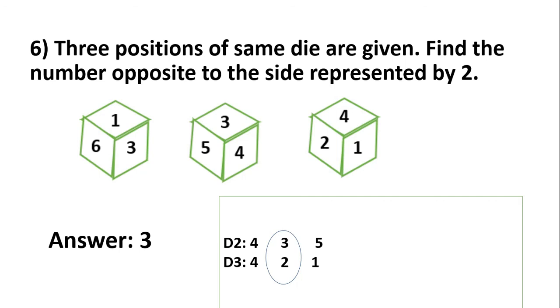So it is a general die because the first view, the sum of the two sides is 7. So find the common number, write it in 2 rows. I have taken, in this example, 4, 3, 5 from the second view, and 4, 2, 1 from the third view. So you can take any view, no problem. So I have taken the second and third view. Okay. So the opposite side of 2 is 3.